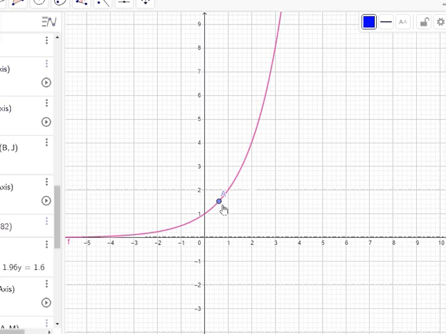My aim is to find the slope at that point. We know that we can find the slope of a straight line. We pick any 2 points on the line and we find the slope. But here you have a curve, not a straight line. So what I'm gonna do is to draw a tangent line passing through that point. So this is the tangent line. It passes through point A, and